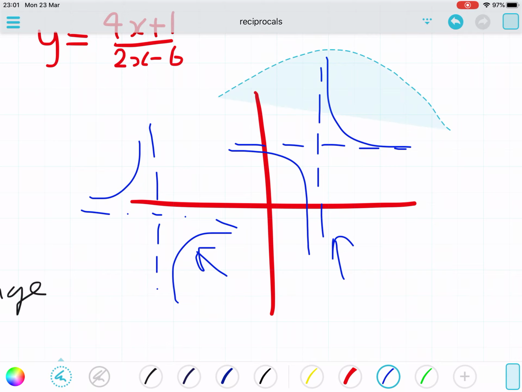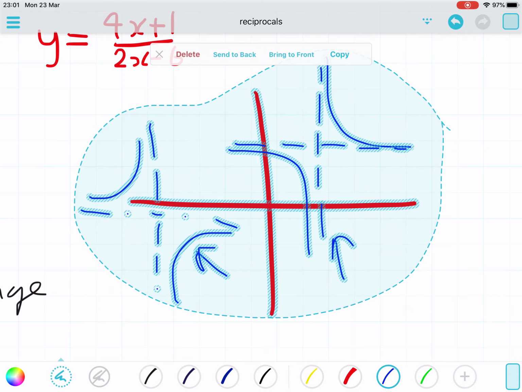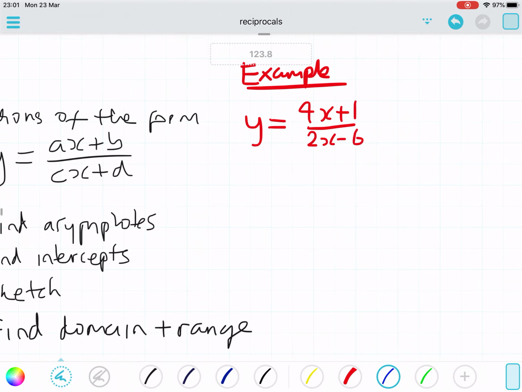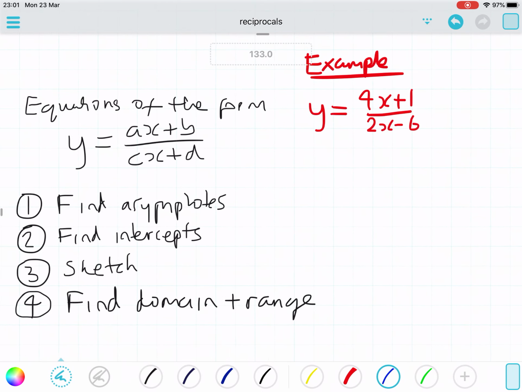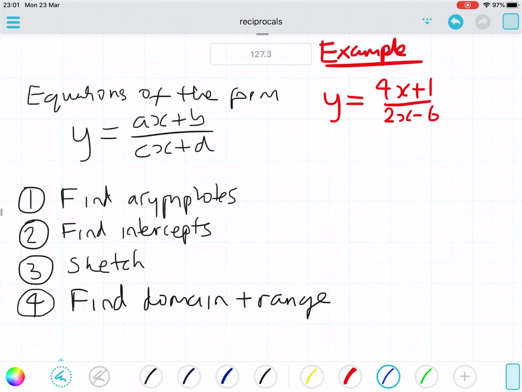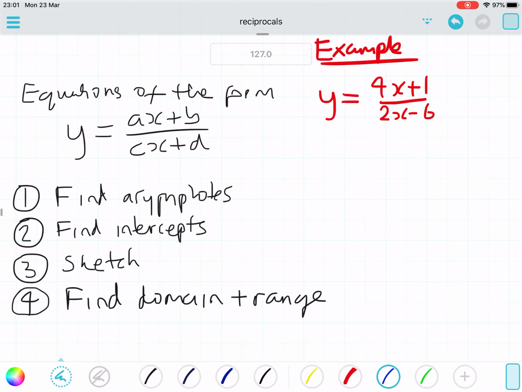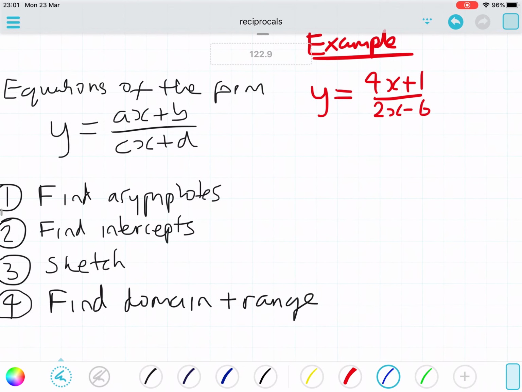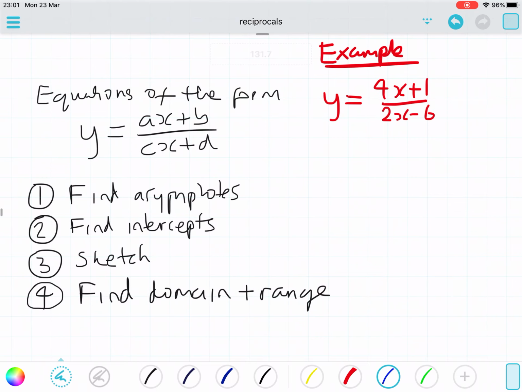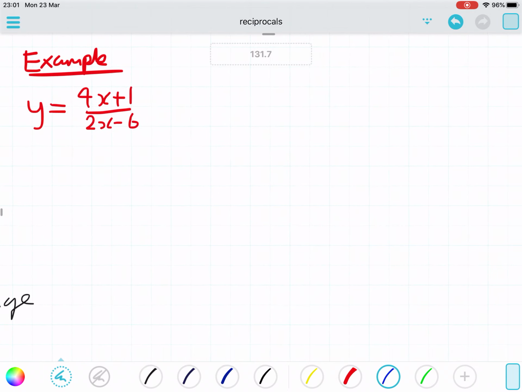So let's get rid of this. Let's have a look at this example, 4x plus 1 over 2x minus 6. You can put that on your calculator and have a look at what it looks like. But if we don't have a calculator in the exam, we have to be able to sketch it anyway. So the way to do that are these steps. Find the asymptotes, find the intercepts, and then we can do a sketch. So let's have a look at if we can find the asymptotes for this